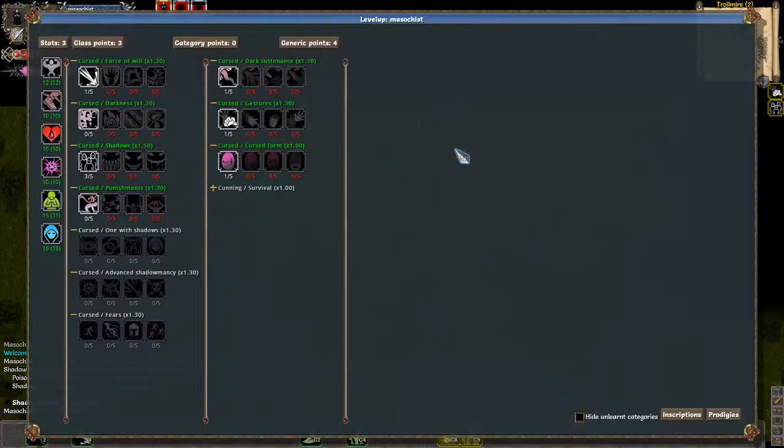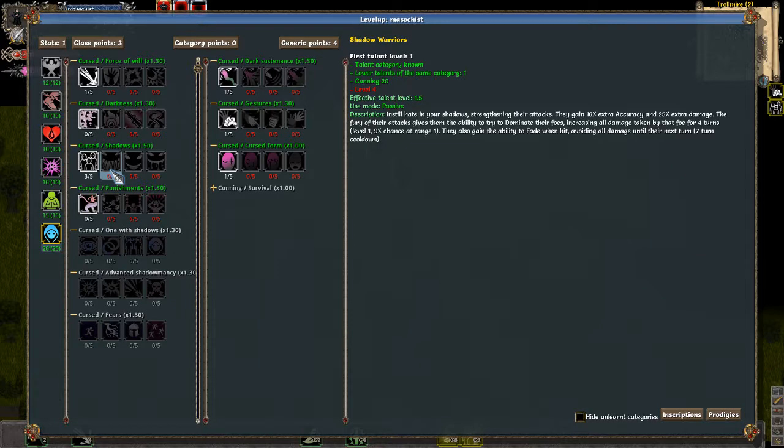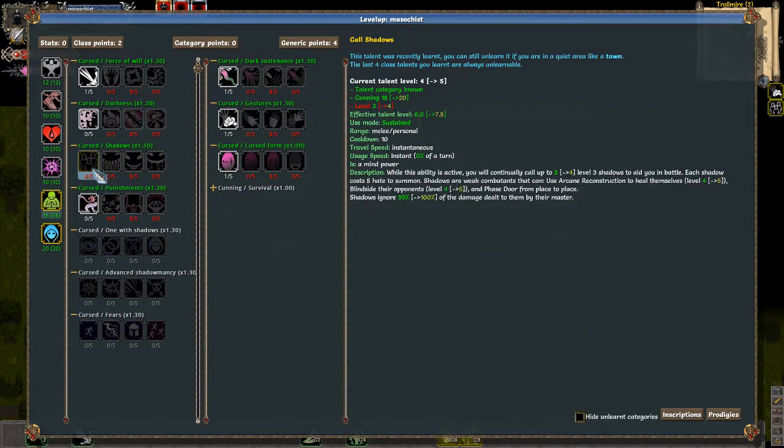Alright. So what do we need? We need 2 points in this. Oh wait, level 4. We don't need 2 points in that anyway. We just need level 4. Alright, well we need at least...